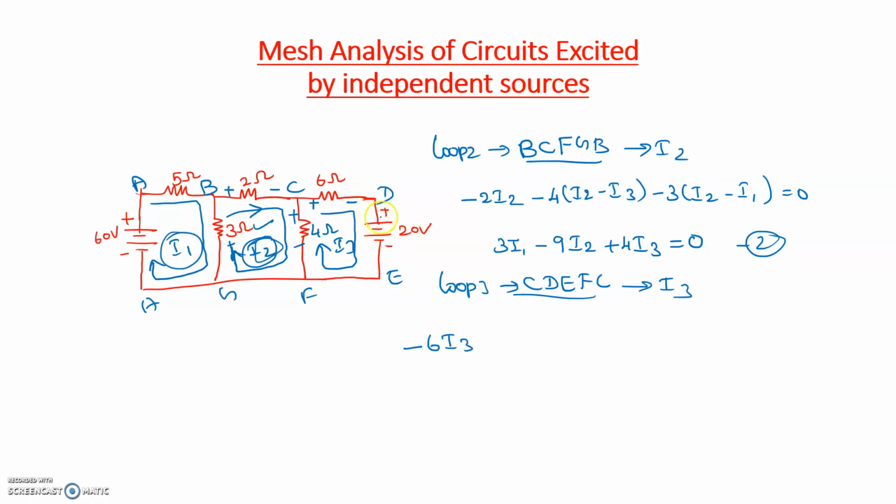Then the current is entering at the positive terminal and leaving at the negative terminal, which is also a fall in potential, minus 20. Then it is entering the 4 ohm resistor at the positive terminal and leaving at the negative terminal, which is also a fall in potential, that can be written as minus 4 of (I3 minus I2), since the I3 as well as the I2 current are flowing in the 4 ohm resistor, which is equal to 0. Simplifying this, we will get 4 I2 minus 10 I3, which is equal to 20. So that is my equation 3.